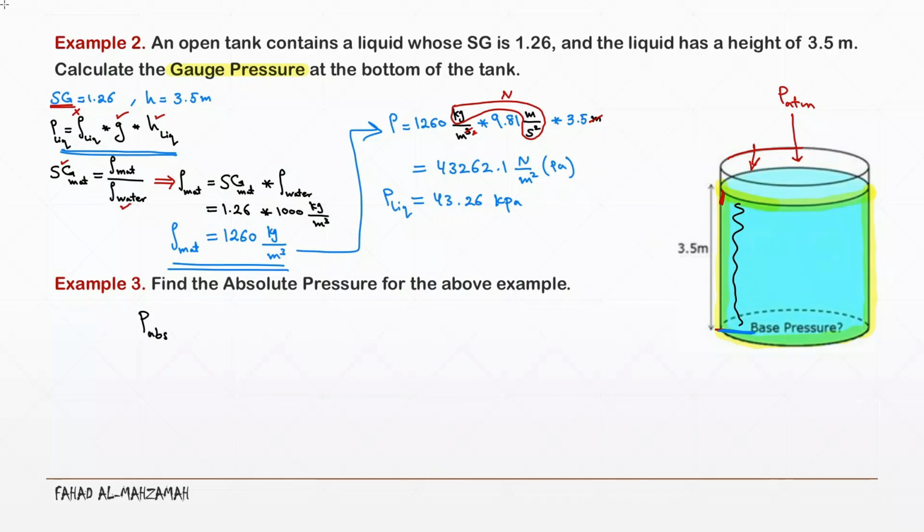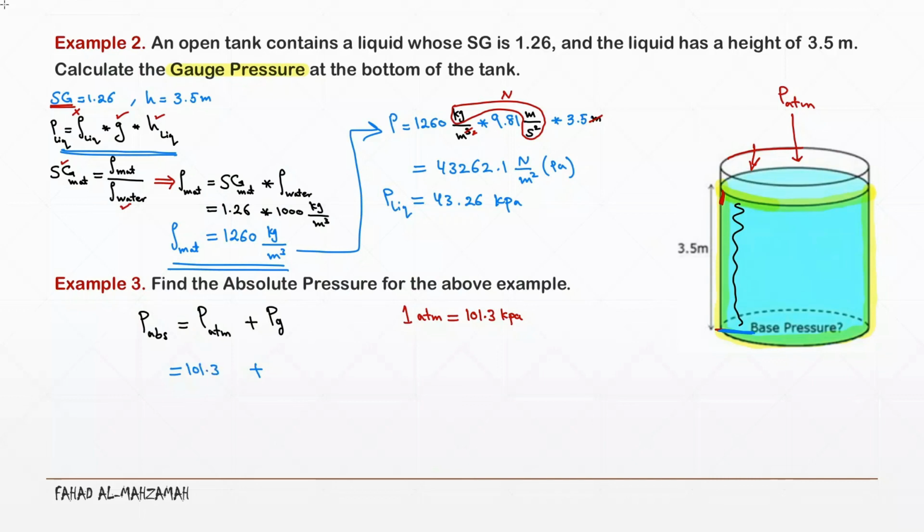So the absolute pressure is equal to the atmospheric pressure plus the gauge pressure. And here we have one value for atmospheric pressure. We know that 1 atmosphere is equal to 101.3 kilo Pascal. So here I will write